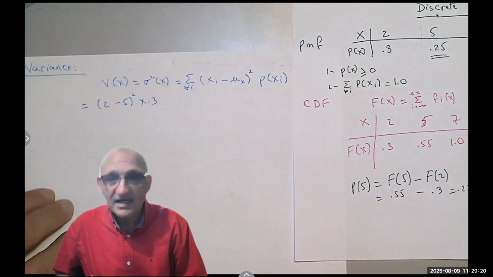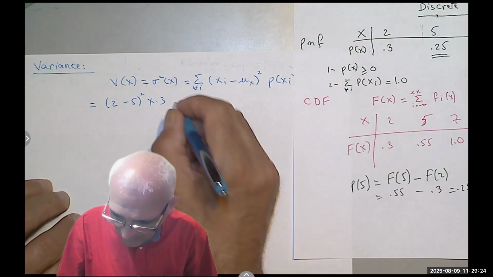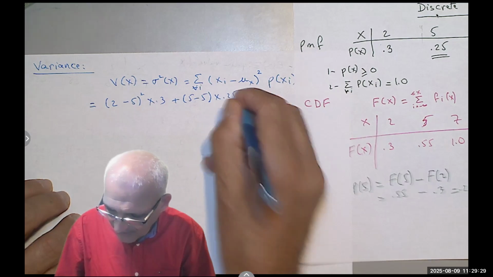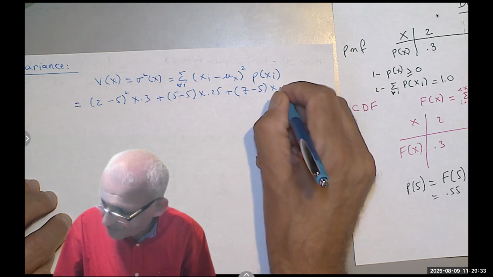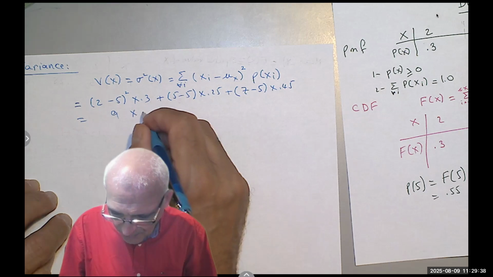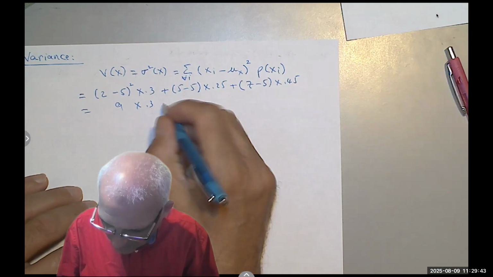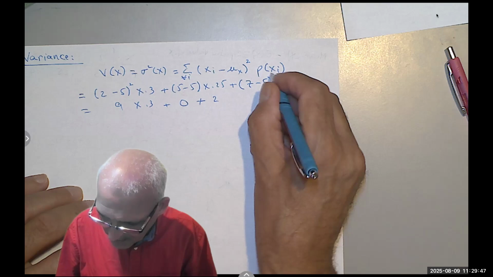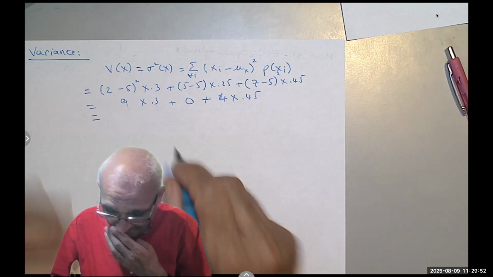I see how far it is from the mean, and then I multiply it by 0.3. How far it is from the mean, which is 0, times 0.25, plus how far it is from the mean, times 0.45. So I get 9 times 0.3. Notice negative 3 squared is positive 9, plus 0, plus 2 squared, so plus 4 times 0.45, equals